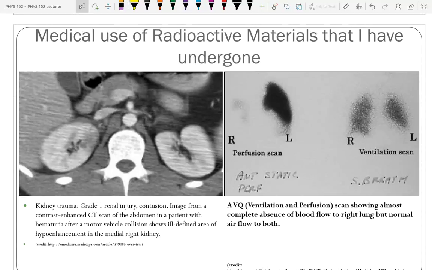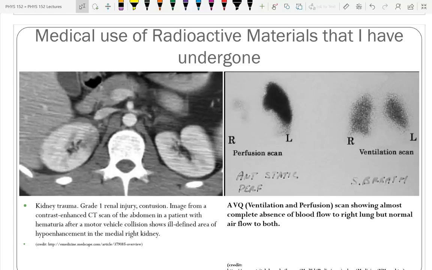Medical uses for the materials, these are only things that I have had done to me. I damaged my kidney playing football. And so they injected me with a dye, really big stinking needle. I mean, they took it out and I was just freely bleeding. I've never had such a big needle. They made me drink some nasty stuff. Why? Because they wanted to put radioactive particles into my body so that they could see where blood was leaking from my kidney. And fortunately, the leaking had stopped and I did not have to have it removed.